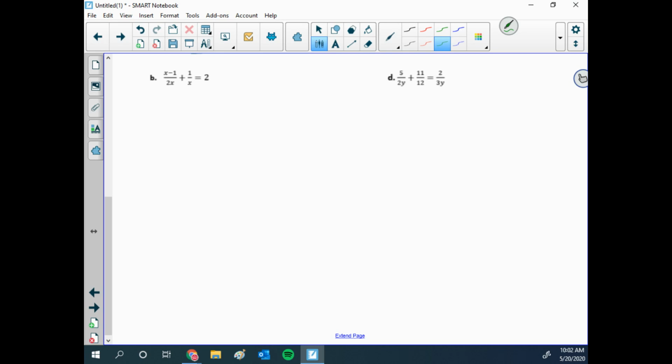So I need to take all of these terms and find the lowest common multiple. Between 2, 12, and 3, they can all multiply to 12. And we only need to get them all to be 1y, so 12y. So now I'll take each term and multiply by whatever number I need to get all of their denominators to be the same. So I'll take this and times it by 6, and that needs to go to both the numerator and denominator. So this is going to be 30 over 12y,